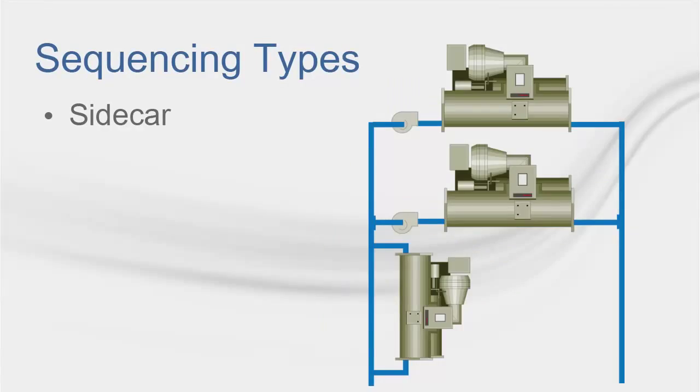The sidecar configuration places a chiller, or other heat exchanger, in the configuration shown. Often, these chillers are absorption or heat recovery chillers, and they handle as much load as possible. Once their capacity has been met, the remaining chillers will share the remaining load. Please note, there can only be one chiller using the sidecar sequencing type per cooling plant, and, like base load,